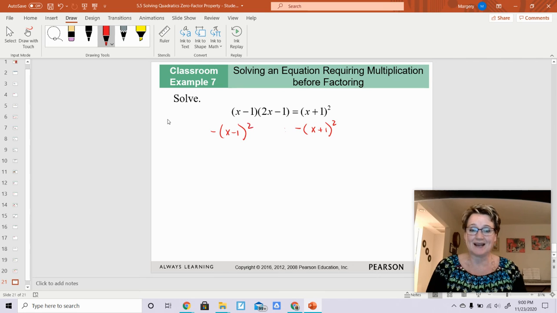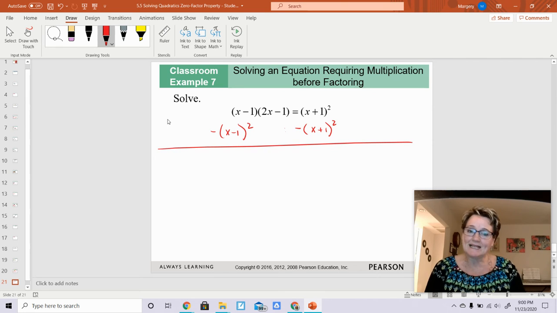It would save us some time. So I'm going to pretend like that is a negative 1. That's not going to work. I don't want to redo the whole thing, but it's looking like, so I'm going to get x minus 1 times 2x minus 1